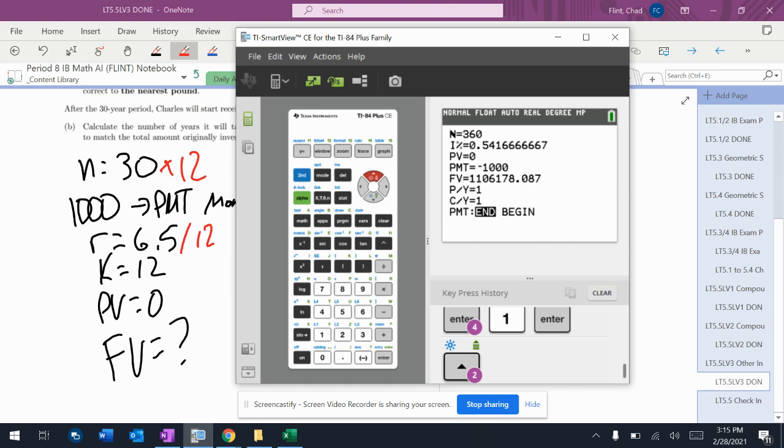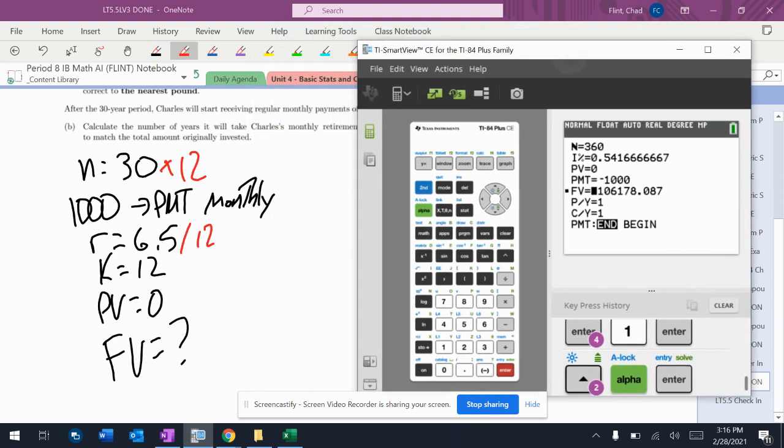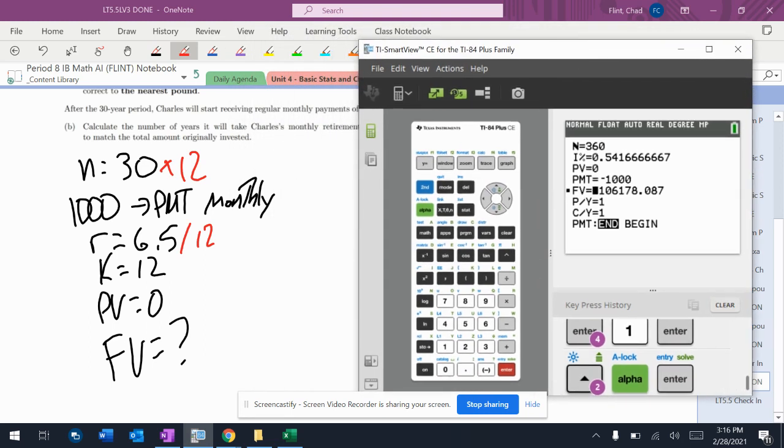And if I go to my future value, alpha, enter, it gives me that number that was already there. I figured it out yearly the other way. There's a way to figure it out yearly too. But no matter what, you have to have your N is 360. So if you do this, you'll have 1 million,